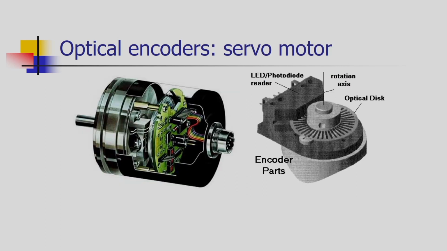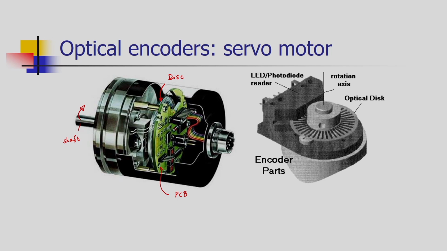An optical encoder is mounted on your screen, you can see a sectional view of a drive. So inside the drive you can see a shaft, and we want to measure the rotation of the shaft by using an optical encoder. So here you can see this is the optical encoder disc. The disc is mounted on the shaft, and we are having a PCB. This is the PCB, printed circuit board. Lot of electrical connections you can see over here.